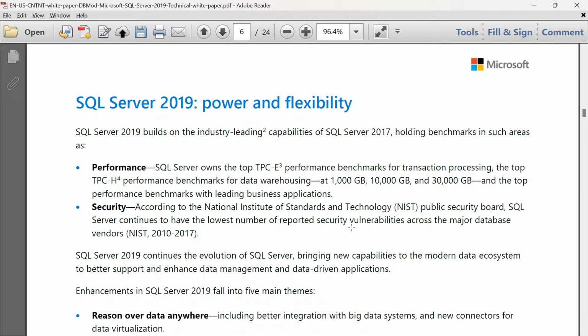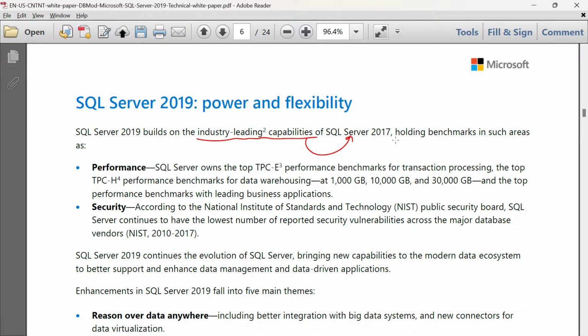Now the power and flexibility feature of SQL Server 2019. Microsoft boasts SQL Server 2019 as having industry leading capabilities because it has already proven its facts under the 2017 version.